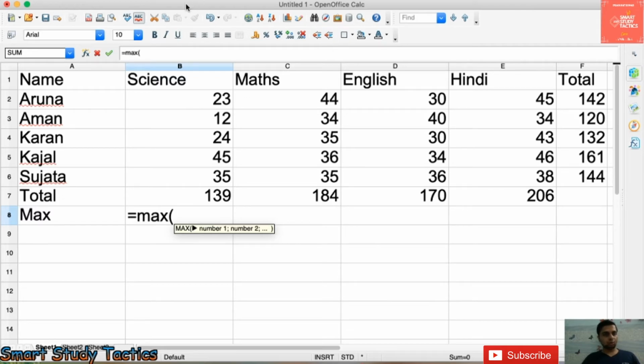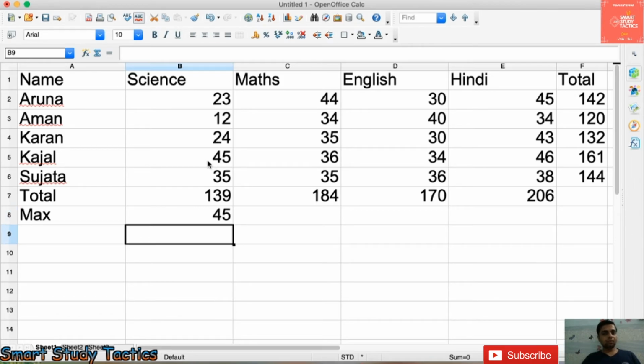You can find the formula in the formula bar, but I am telling you how you can insert it with your hand also. My data starts in B2, so I am going to write down B2. For that you have to press the colon. The last value, Sujata's, is in B6, so I am writing B6, bracket close. Please remember bracket on, bracket off, and the colon symbol, otherwise the function will not work, and press enter.